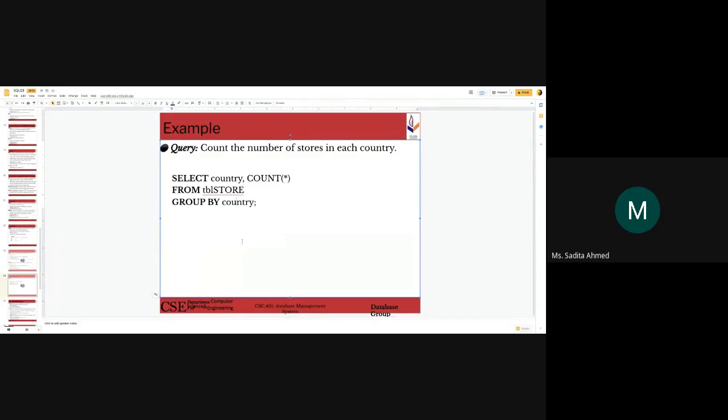ডিস্টিংক্ট ভ্যালু আর ইউনিক ভ্যালু কাউন্ট করতে চাইলে ওটার জন্য একটা জিনিস আছে, এটা আমরা পরে দেখব। ওটার জন্য আমরা একটা কিওয়ার্ড ইউজ করি, কাউন্ট ডিস্টিংক্ট। That will do something different, by the way. এটা হচ্ছে ডিস্টিংক্ট ভ্যালুস কাউন্ট করবে, so that's a different thing, বাট এটার ইউজ আমরা পরে দেখব।